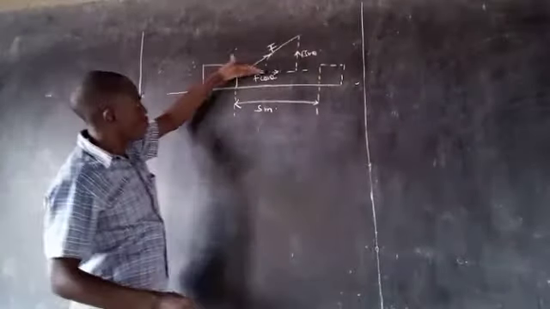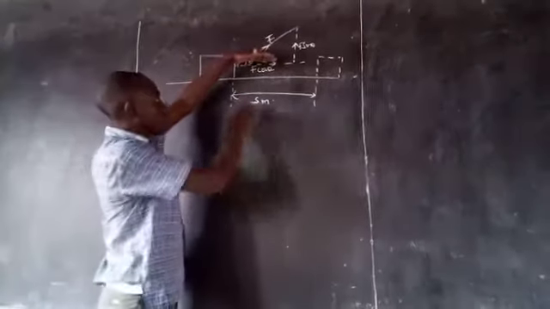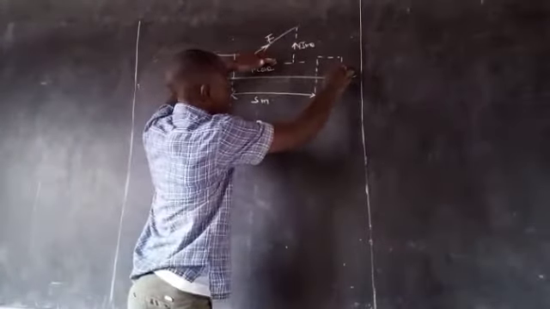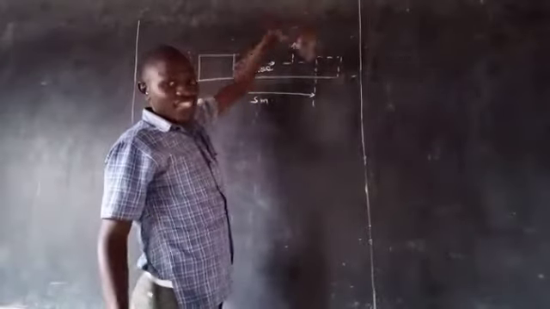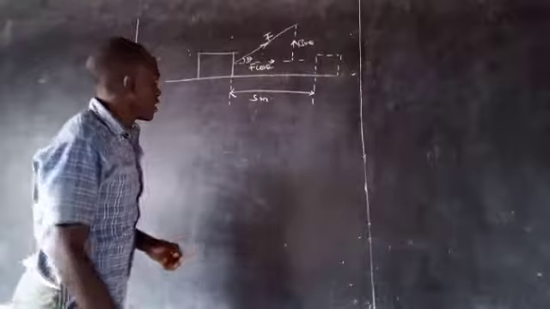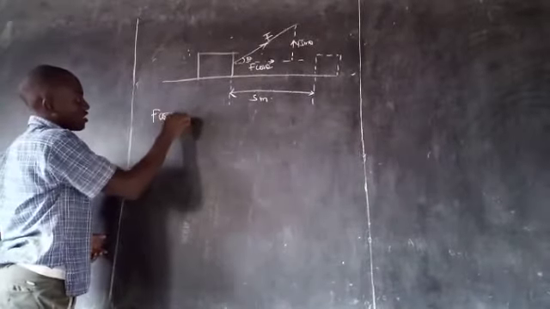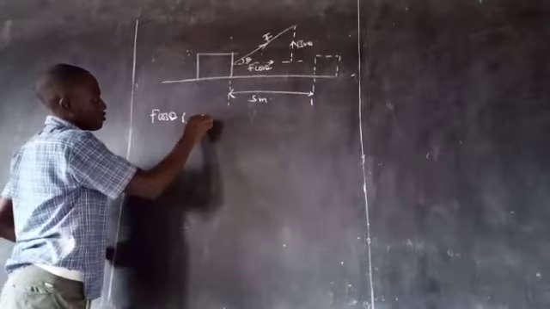The horizontal component, therefore, is the one that is responsible for the motion of this body, as F sin theta acts in opposite direction as the direction of motion. Therefore, we shall conclude and say that F cos theta is responsible